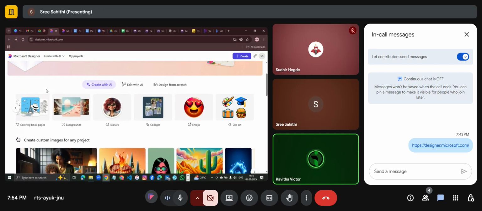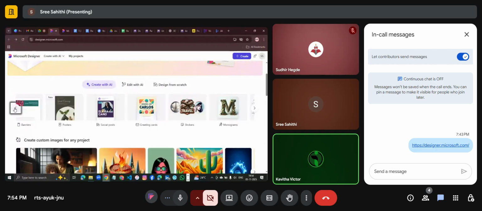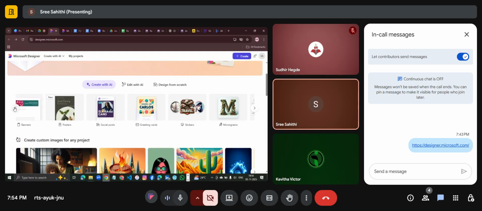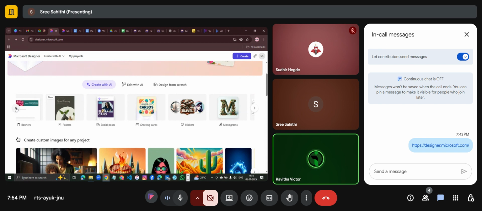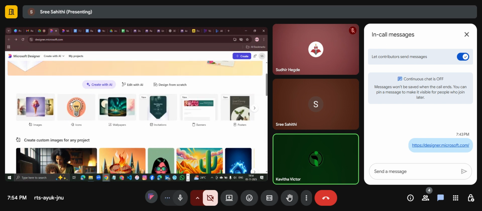You can create one social post, one invitation for your store launch, and what else, posters, banners. So try exploring that too. We have 14 credits left. Try to generate 5 more images and save them on your desktop.